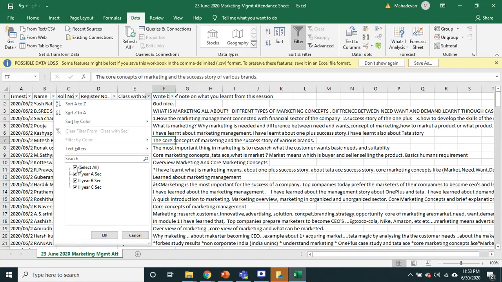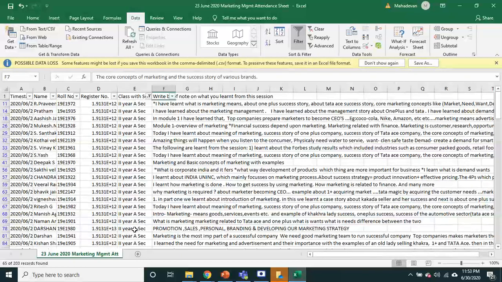Now, first I want to know how many in A section attended. So I'm not going to select all, I'm going to select second year A section. Click OK. Now, the very simple way to know how many A section students were there is to take your mouse pointer to the top of this particular column. Again, you see a black arrow.